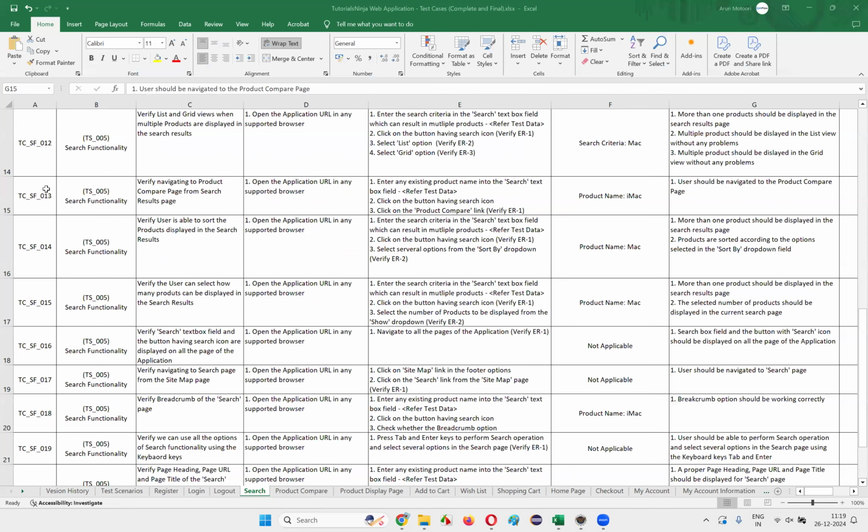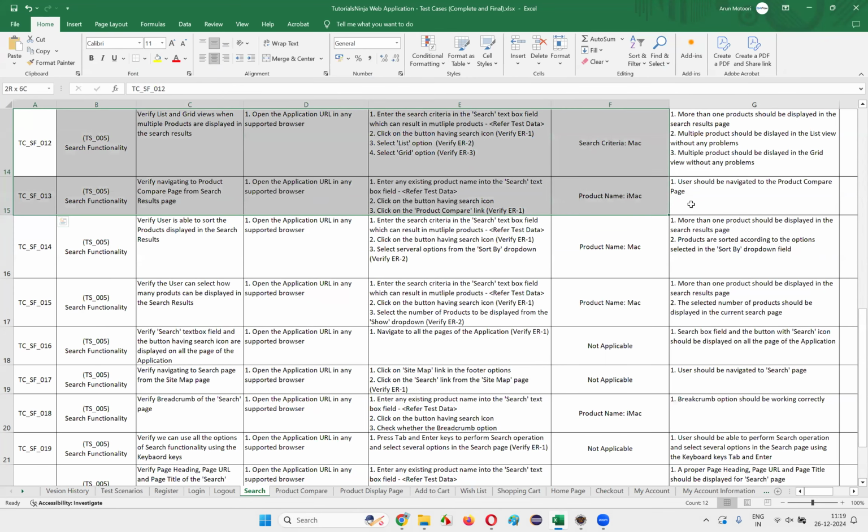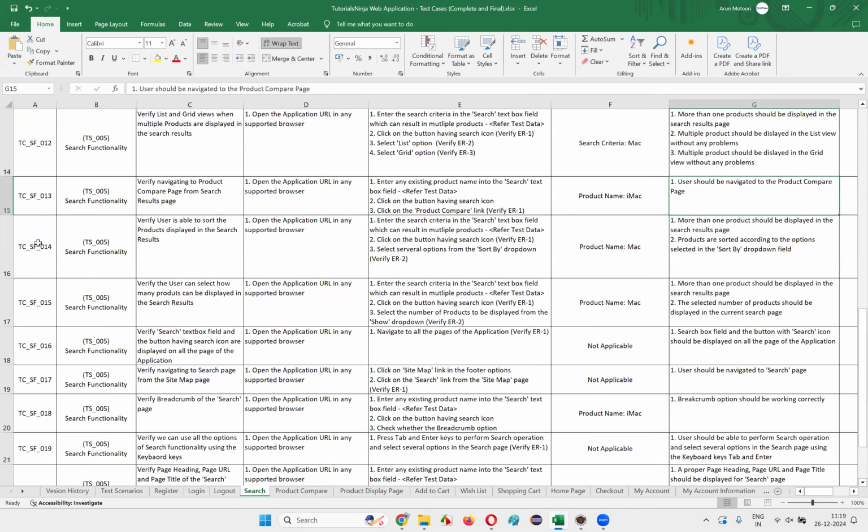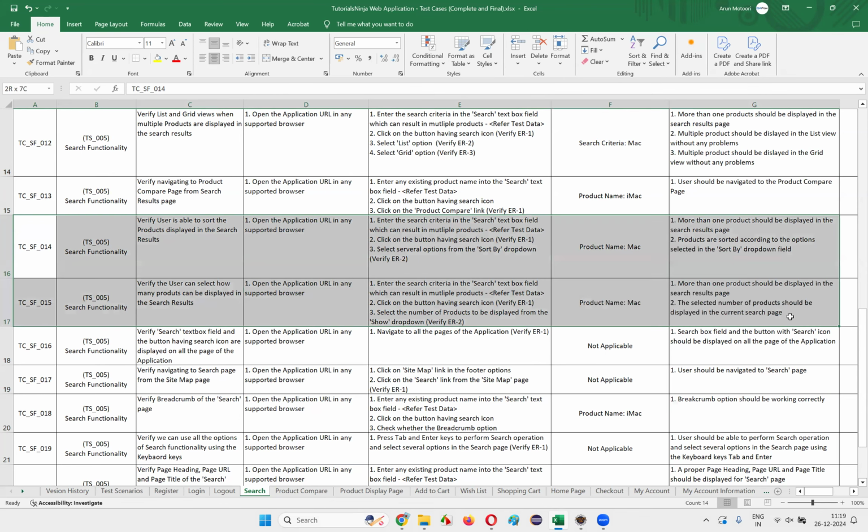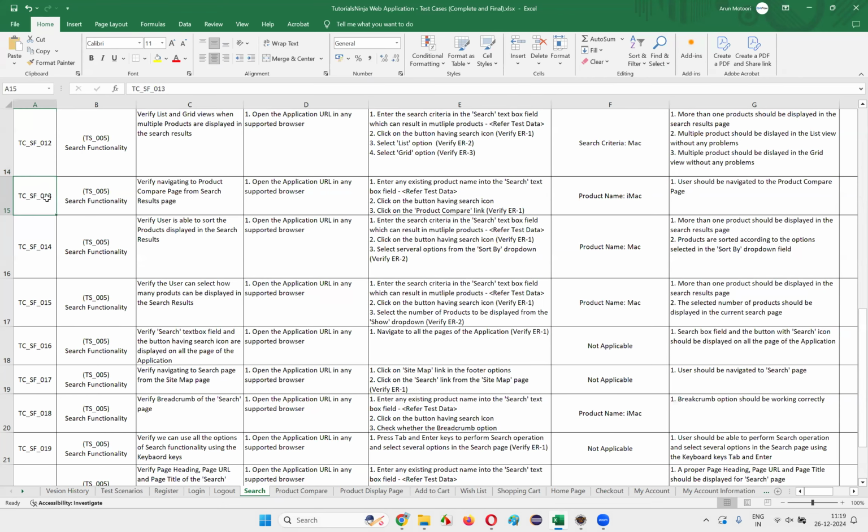So we have successfully automated the test case number 13 in this session. So the 12th and 13th test cases we have successfully automated in this session, guys. So that's all for this session. The next session we are going to automate the 14th test case and whatever is possible. In this session we completed till 13. In the upcoming sessions we'll start with the 14th. We'll try to automate the remaining